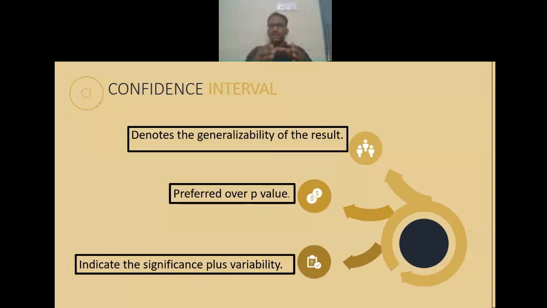Confidence interval is for the correlation coefficient. Let me explain the concept of confidence interval per se first. It denotes the generalizability of the result. What I mean by generalizability of the result is that we are doing a study in a certain population, and if the same study is repeated, we will have this confusion in our mind, like